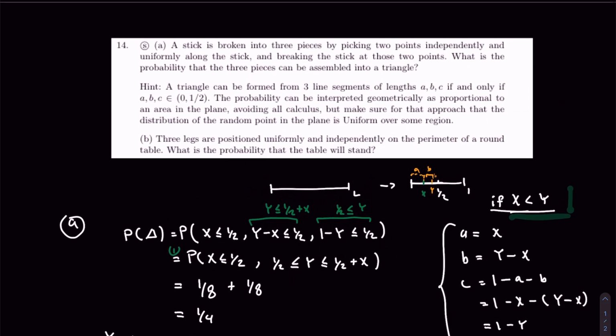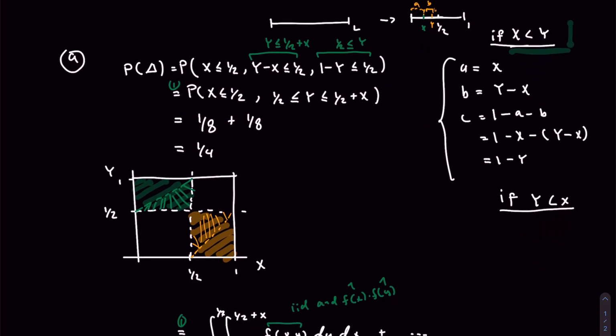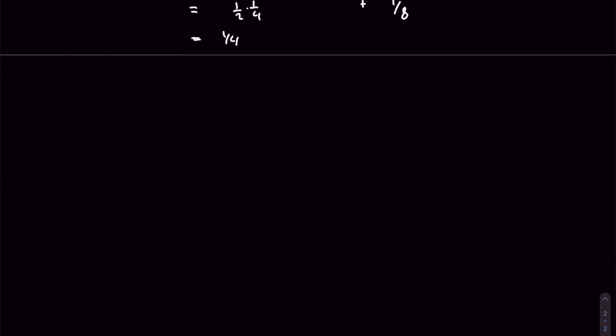Moving on to part B here, and now we are asked about the probability of a table standing, where we're going to position 3 legs uniformly, and we are asked what's the probability that the table will stand. Well, that's an interesting problem. We're not given much information about what it means that a table will stand. So we have to reason a little bit about that and assume that the table respects our